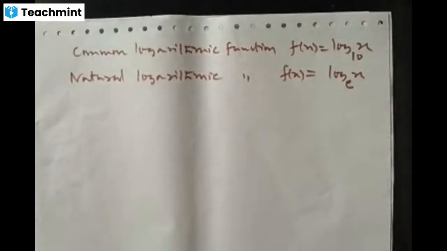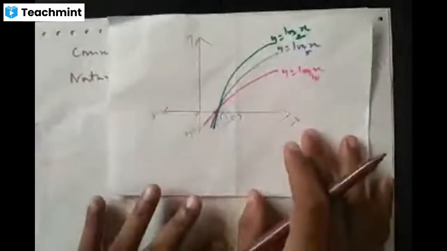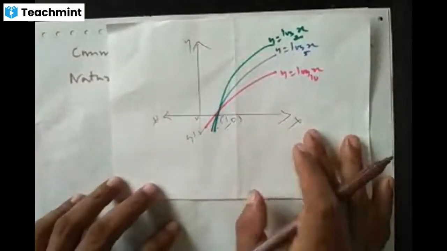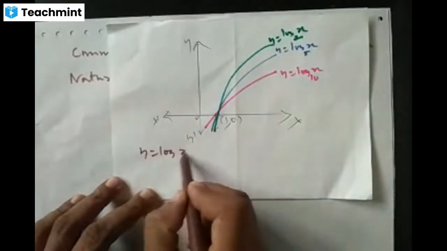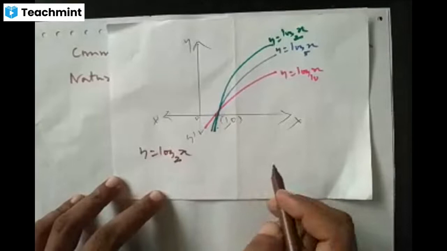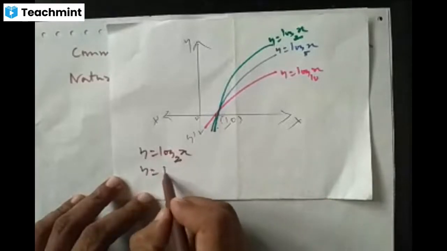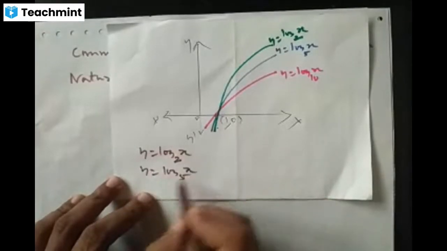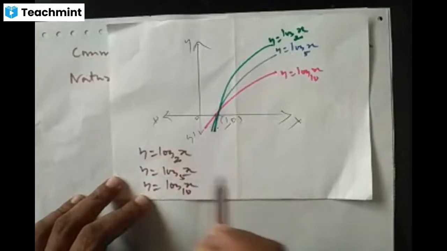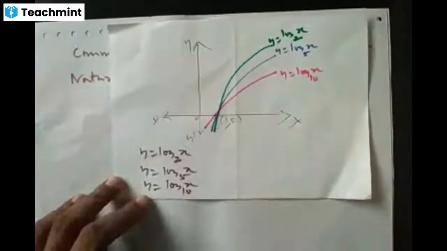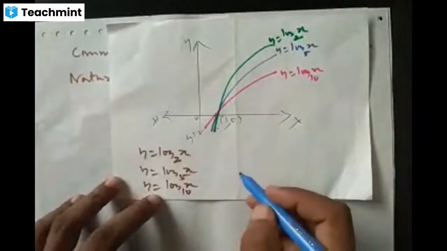I have already drawn them. Okay, I'm going to show you the graphs of 3 logarithmic functions. See, here I have taken 3 logarithmic functions. One is y is equal to log x to the base 2. Second one is y is equal to log x to the base 5. And third one is y is equal to log x to the base 10. Okay. How to draw the graph? You just take,